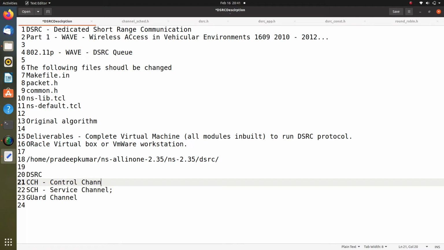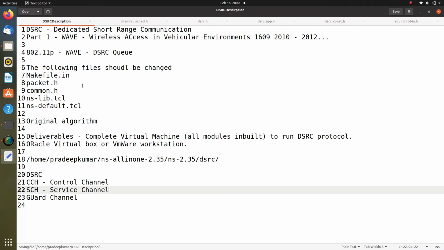As per DSRC, these three channels were implemented in the source code mainly: the control channel, the service channel, and the guard channel.